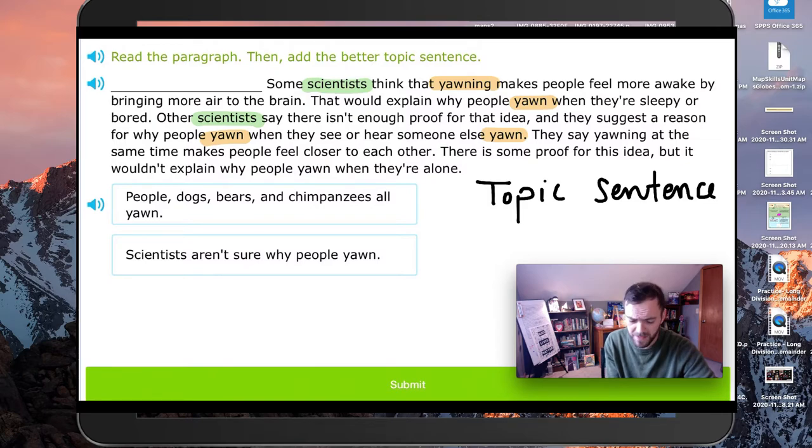So here we have some scientists that think one thing and some scientists that think another thing. And so I get the idea that this is probably a paragraph that tells us that scientists aren't sure why people yawn. And so we can say that this first sentence, this topic sentence, might be